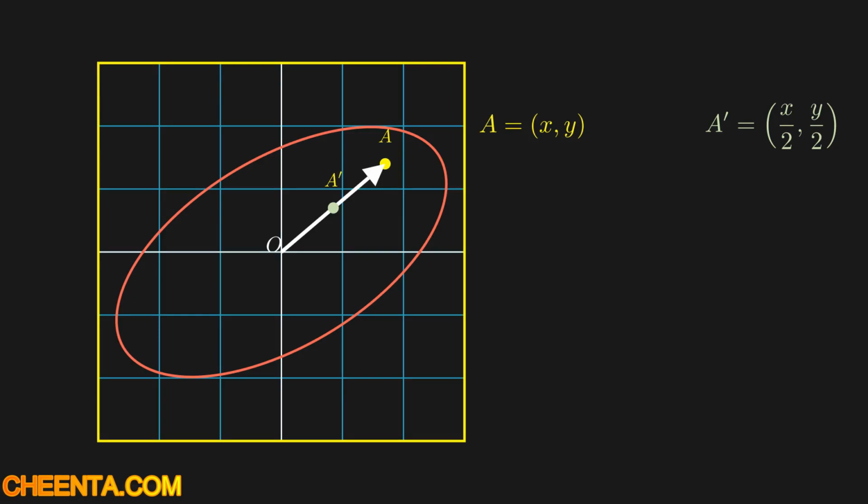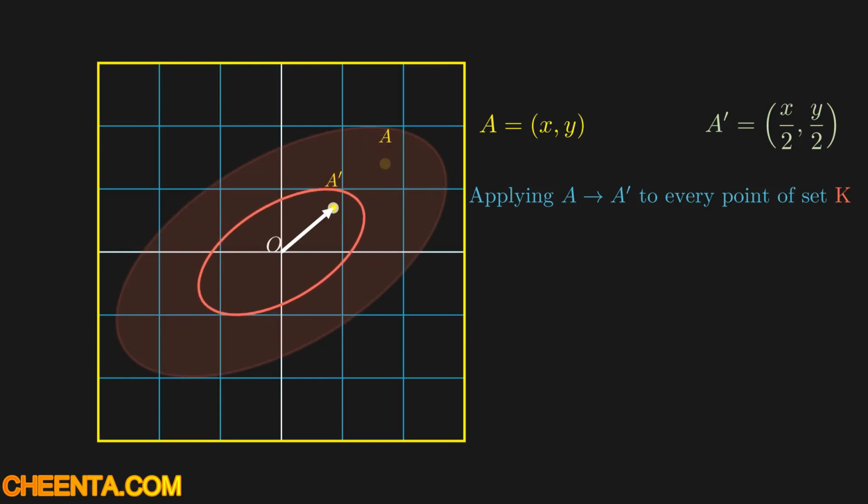Then we will apply a beautiful transformation, which is actually a scale transformation, applied such that the point A goes to A prime for every possible point on this set K. This transformation will generate a new set which we will name K dash, as shown. This new set, whose boundary is this new ellipse, has a scale factor of 0.5. That means every linear dimension has been reduced by 0.5, so the area will be reduced to 1/4. So the area of the new set is 1/4 of the area of the old set.